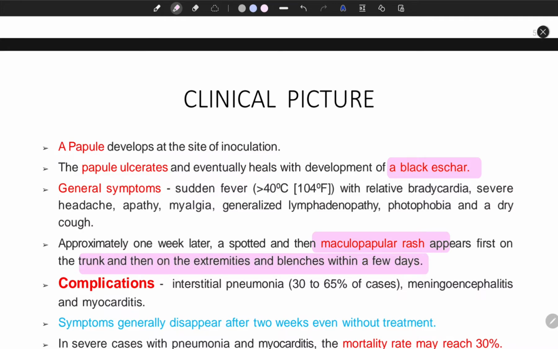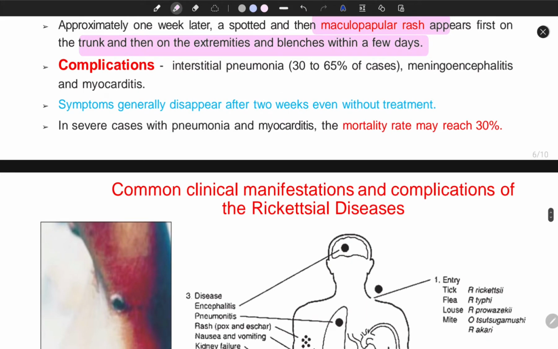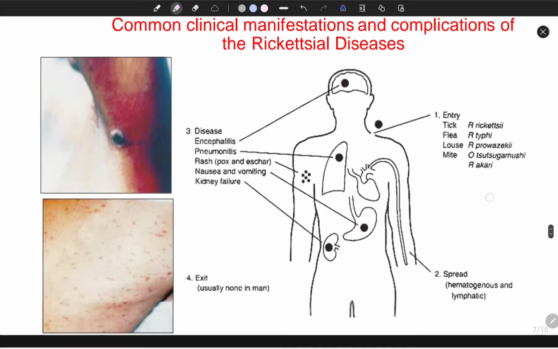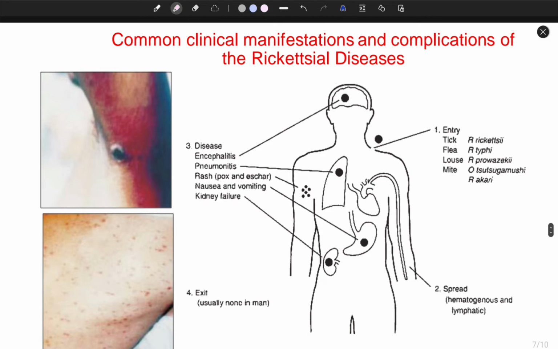Complications like interstitial pneumonia develop in 30 to 65% of cases, as well as meningoencephalitis and myocarditis. Symptoms generally disappear within 2 weeks, even without treatment. In severe cases with pneumonia and myocarditis, mortality may reach up to 30%. Now, common clinical manifestations and complications of rickettsial disease. Rickettsial disease enters by the bite of a tick, flea, louse or mite, then spreads by lymphatic or hematogenous spread. Now, development of the disease is seen as encephalitis, pneumonitis, rash or nausea, vomiting, kidney failure and then exit of